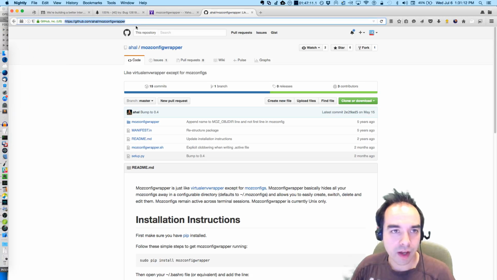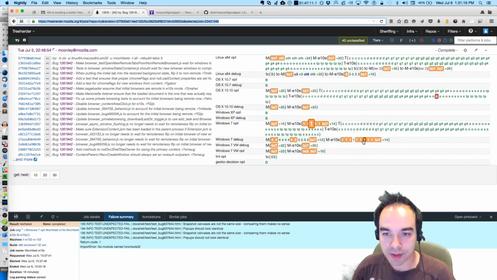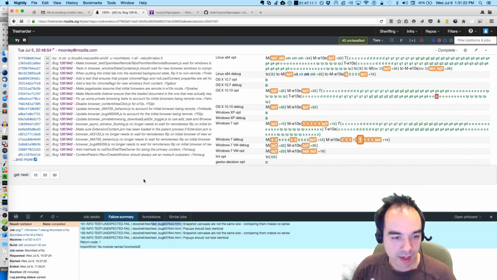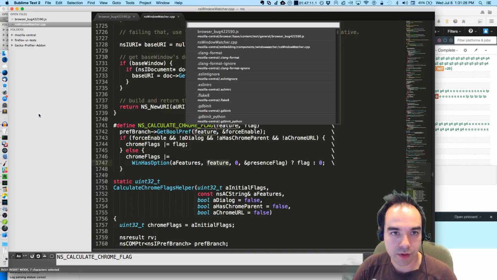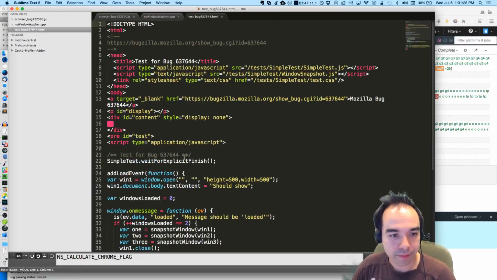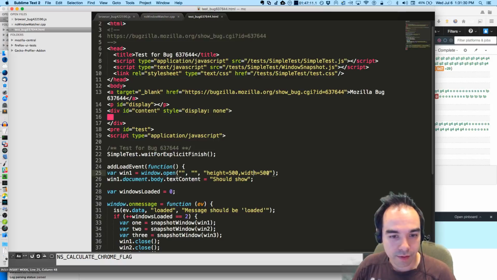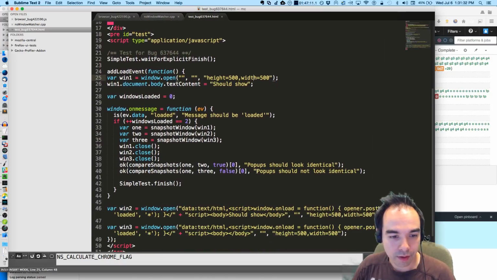Out of curiosity, the other one is a little more dubious because it fails intermittently, but I wonder if there's a similar window opening going on in this test as well with feature strings. Let's take a look at that. There is a feature string and a window opening.